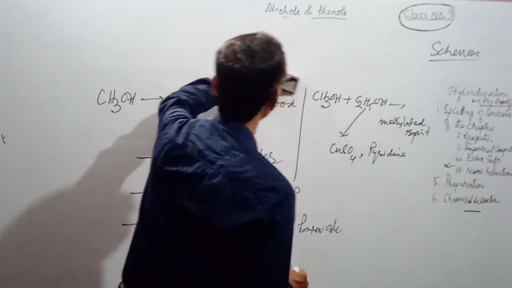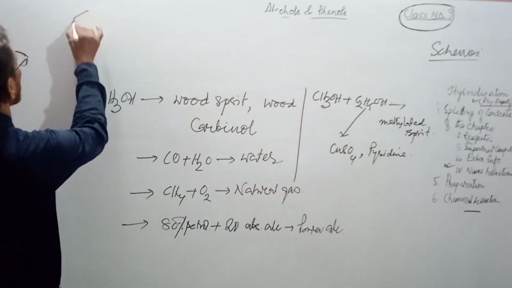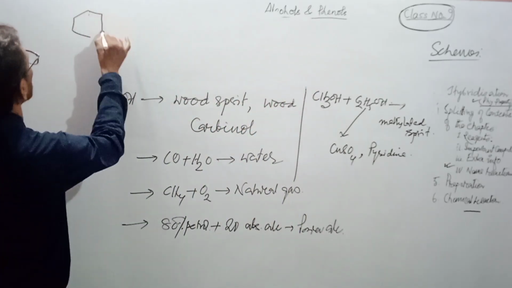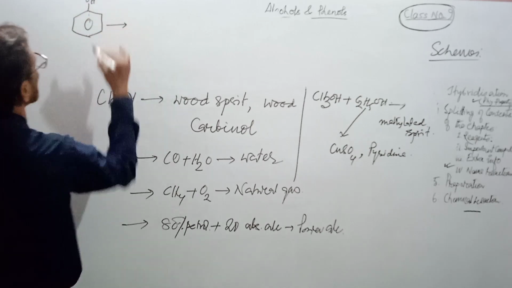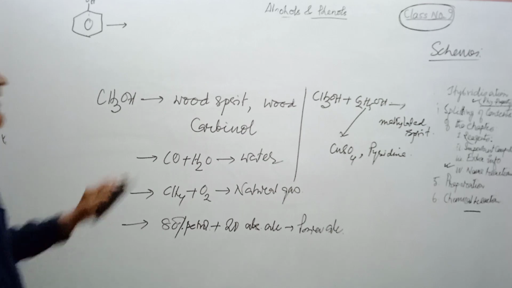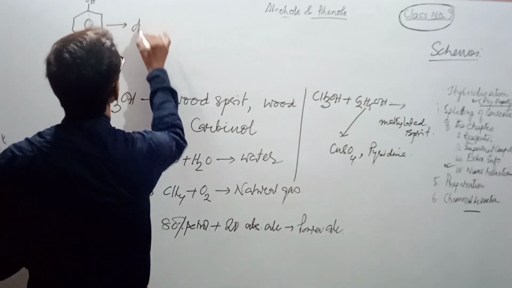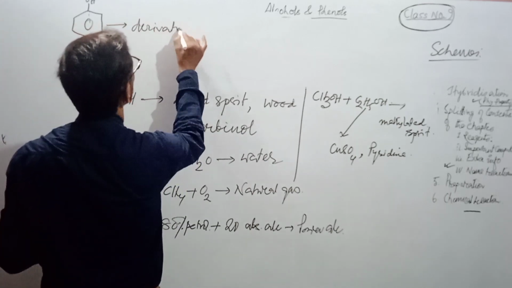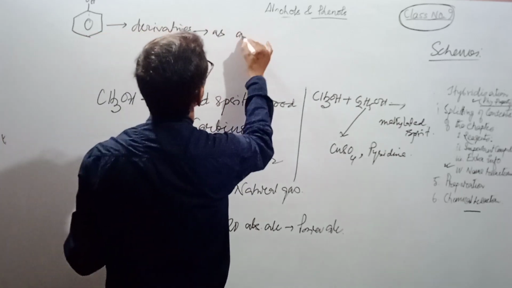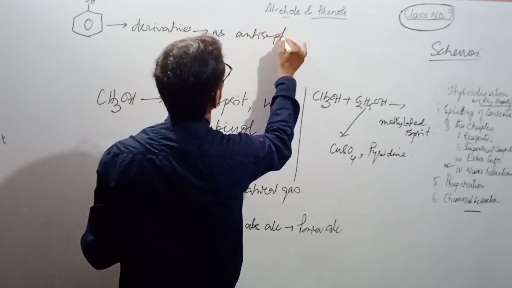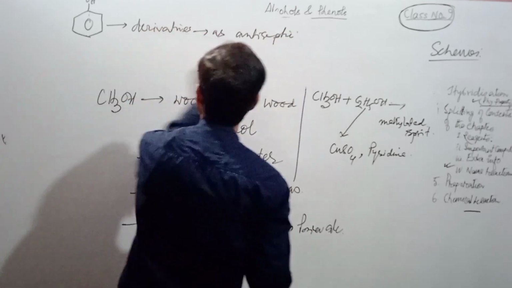I am coming to some aromatic compounds. This is phenol. So you see, this is phenol. Its derivatives are often used as antiseptic. One example of antiseptic is